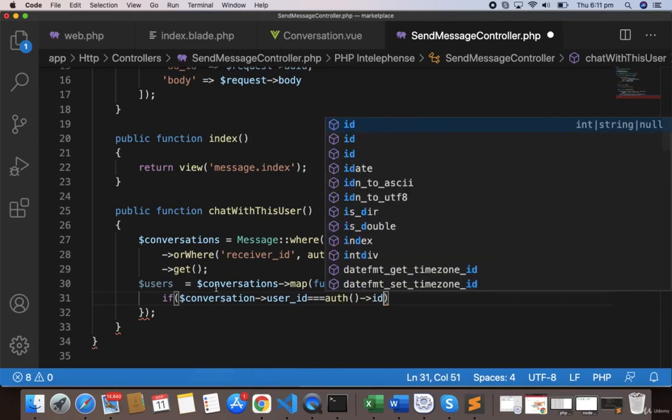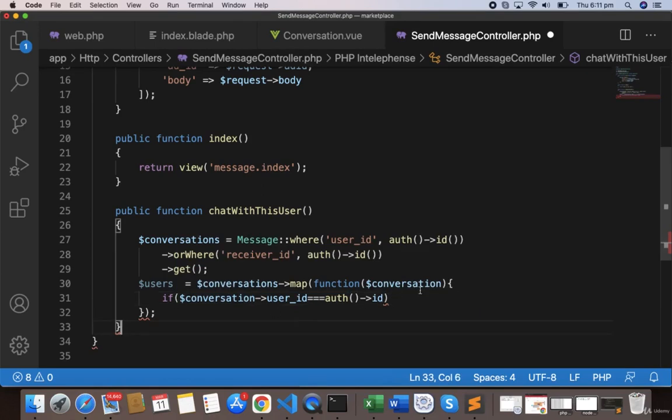So from the collection we are getting each and every item, and in the collection we have user_id, and if that equals the auth ID, so let's give this auth ID,